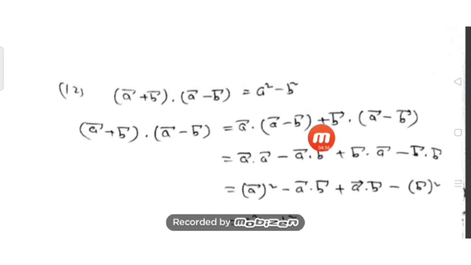Okay, then go to this one, b bar plus, and this is also plus, so the symbol will be plus. b bar dot a bar. Plus minus gives you minus b bar dot b bar. Okay, so as the previous thing, a bar dot a bar can be written as a bar square. A bar dot b bar, I just keep it as it is, and b bar dot a bar, using commutativity of dot product, I have written it as a bar dot b bar. I just want to make it similar.